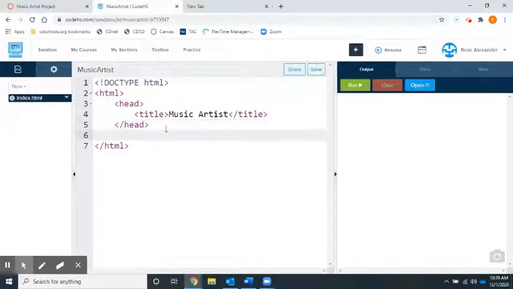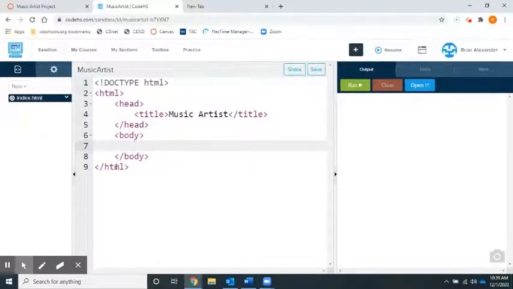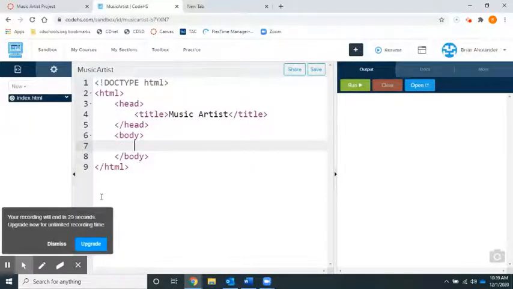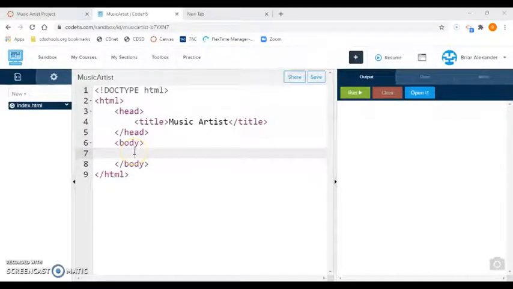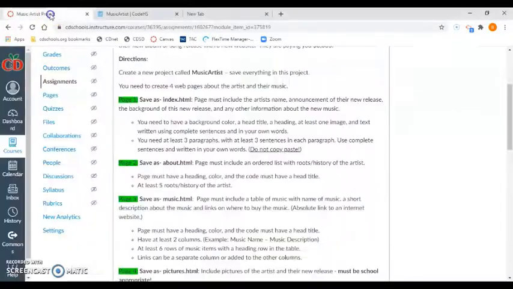Okay, and we'll hit enter to make a blank space, and then we will put in our body tag, less than sign, BODY, greater than sign, okay? And there we have all of our basic tags. So after the basic tags have been entered, it's time to go back to our directions and see what we